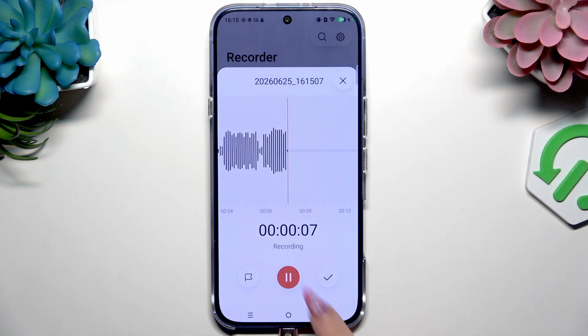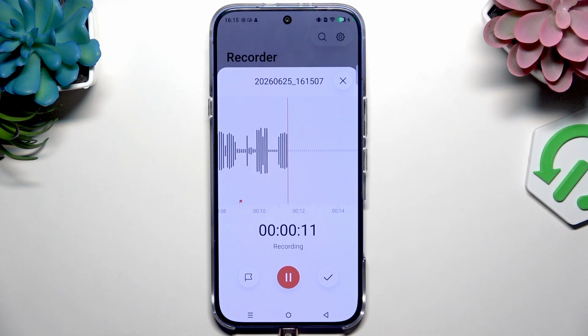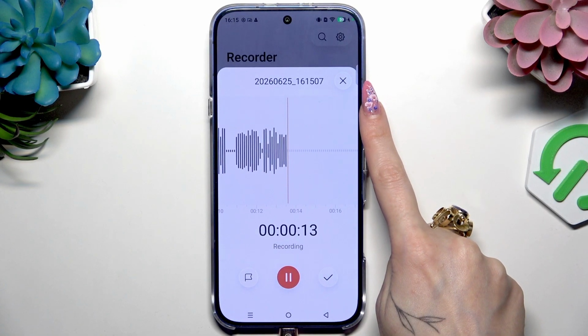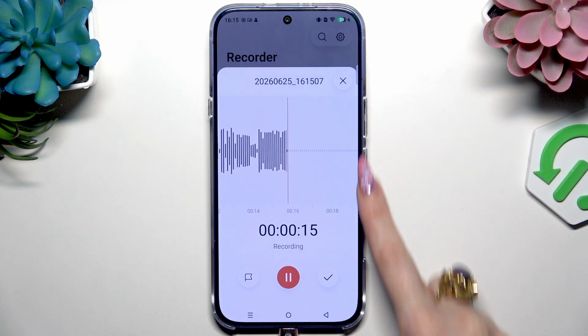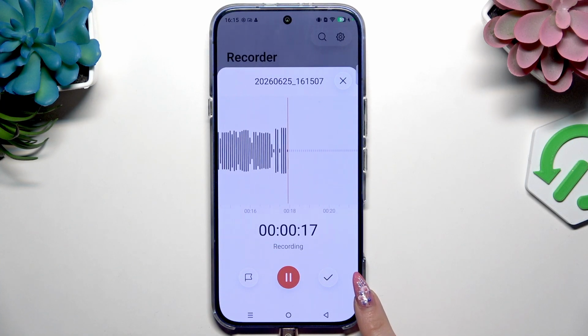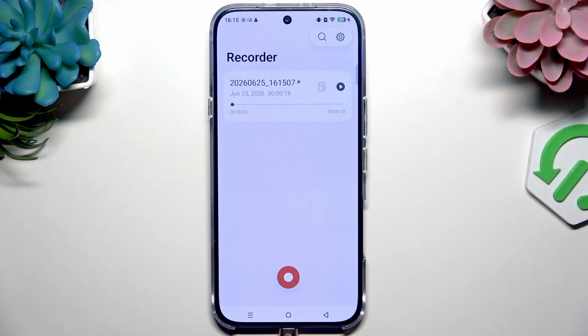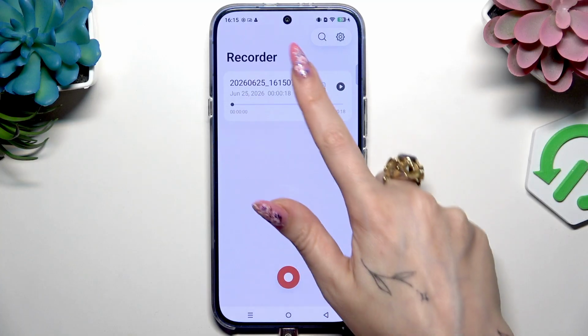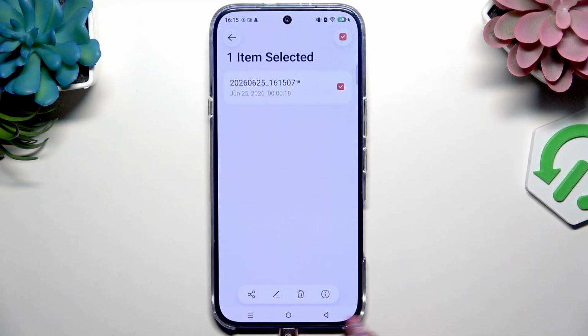To add a bookmark, click on the left one. To discard it, click on this X at the top right one, and to end it and save it, use checkmark at the bottom right one. Now, after your recording will show up here, you can either hold it and use all of those options at